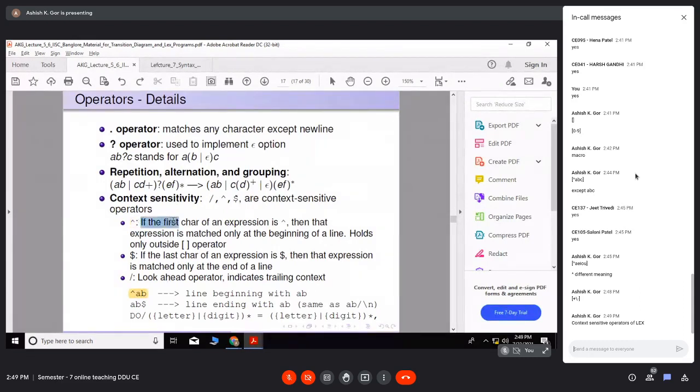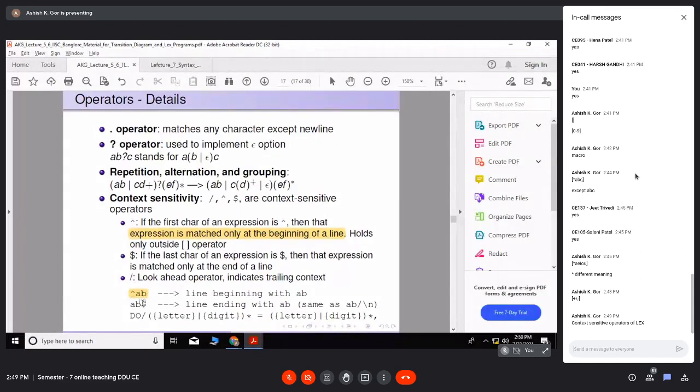If the first character of an expression is caret, then that expression is matched only at the beginning of a line. Remember, if you want something to be matched only at the beginning of a line, not anywhere else, then it is this thing. So here it does not mean except A and B.